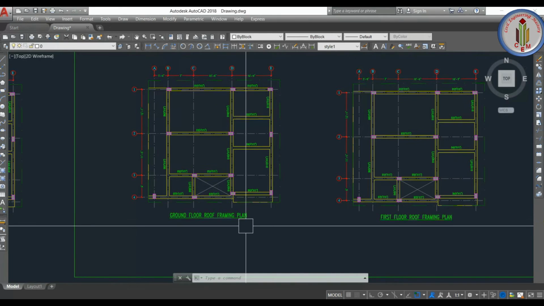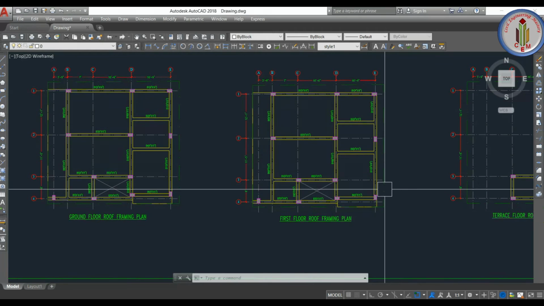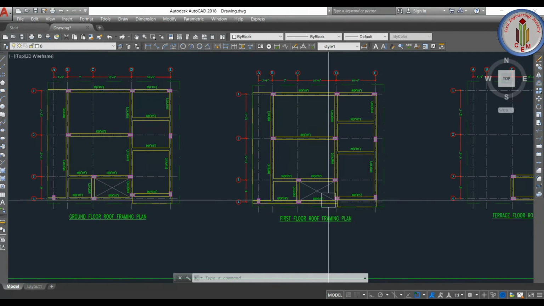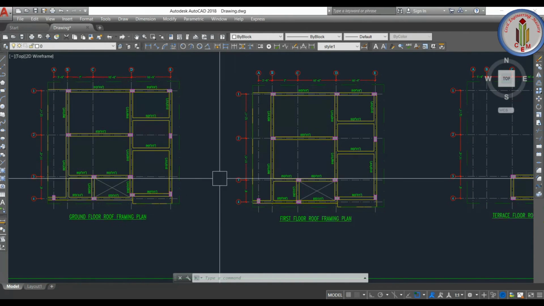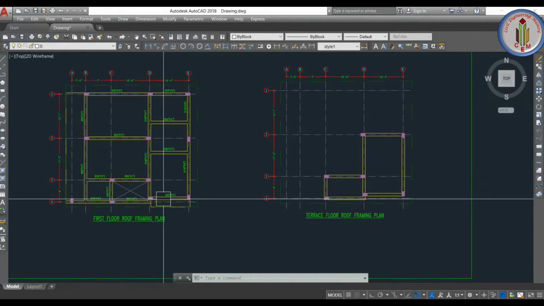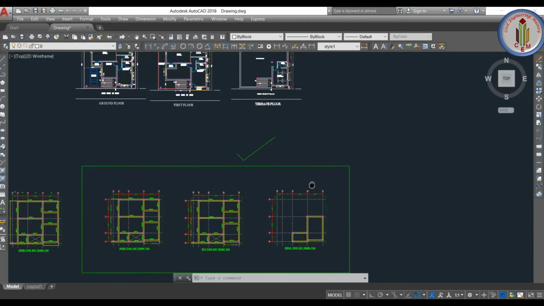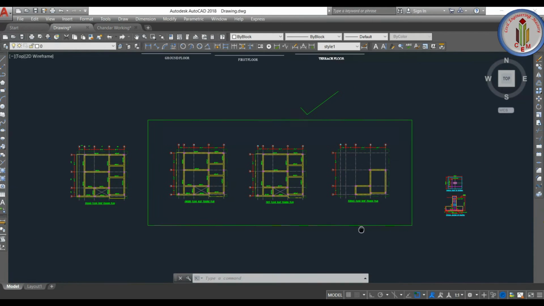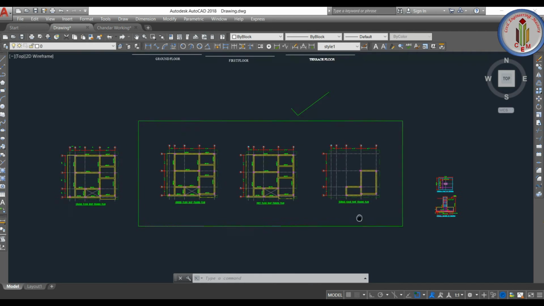So we have ground floor and then first floor main plan. So there is no difference between these two. Both are similar only. And terrace floor we have only the staircase headroom and then this gym room we have. Next let's add up the floors. So we have done the basic model.